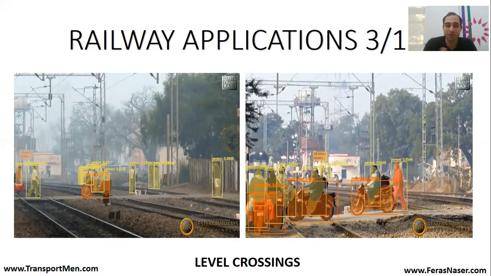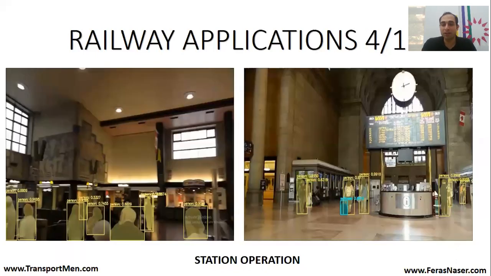If I ask you how many persons are in the image on the left, you might spend some time counting, maybe 2 or 3 seconds. But the model managed to detect most of them, if not all of them, in a fraction of a second. And then you have the pictures on the right, where you can see the model detected motorcycles and people. So let us go even to other areas of application.